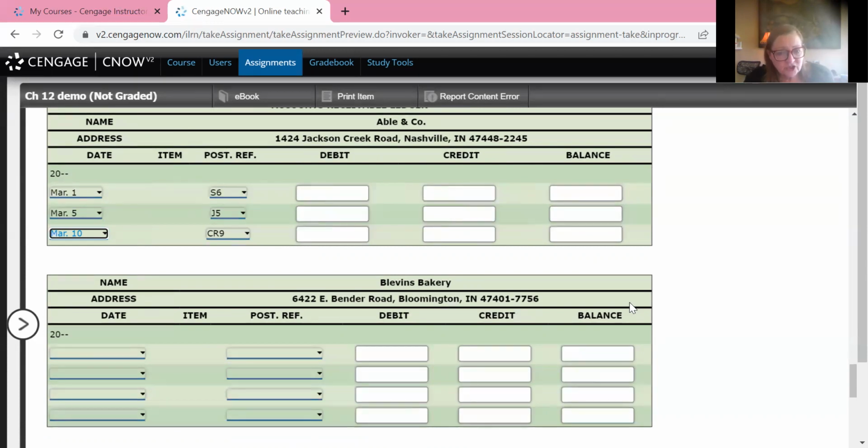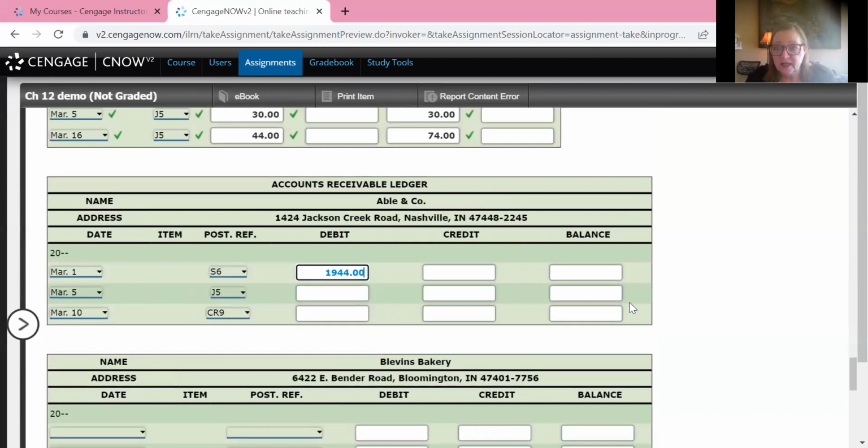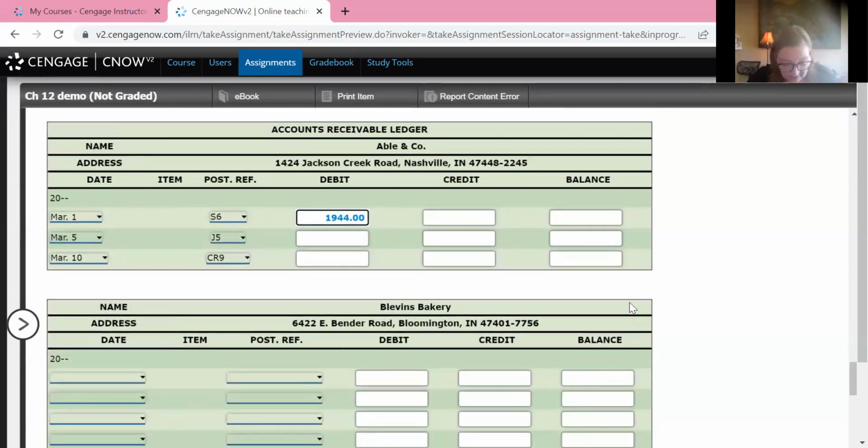So you pulled one transaction for Able from the sales journal, and it was this 1944. That was where we first made a sale to Able, and now they owed us an accounts receivable of 1944. And then we came along and they returned some of the merchandise, so that was $32.40 that it decreased. It's only the parts that decreased that applied to Able that affected the accounts receivable account. And then the last transaction was the collection from them,